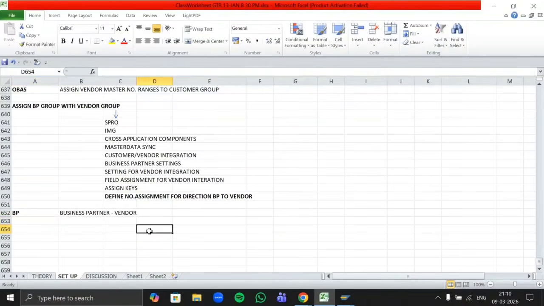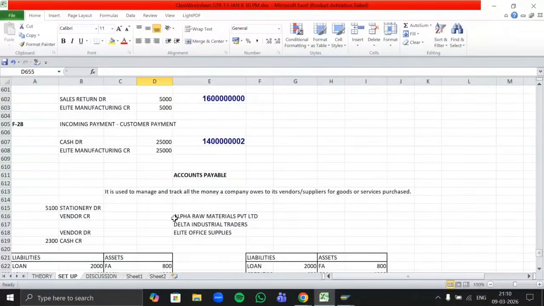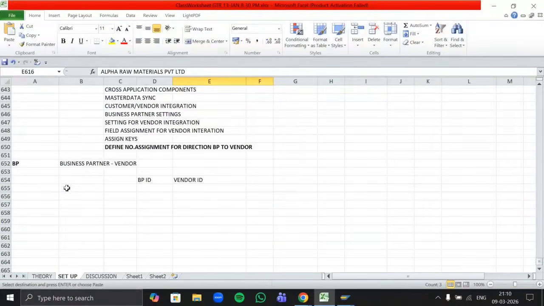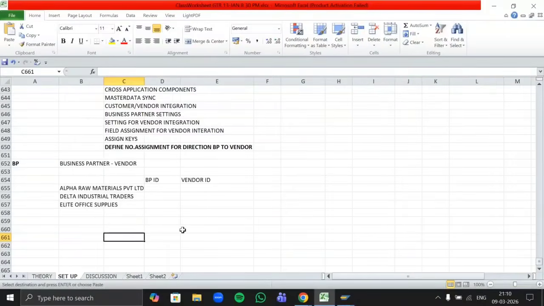So first here also we need to create BP ID and then we will create our vendor ID there. So let's create these 3 vendors in our system. Okay, so let's go to BP.